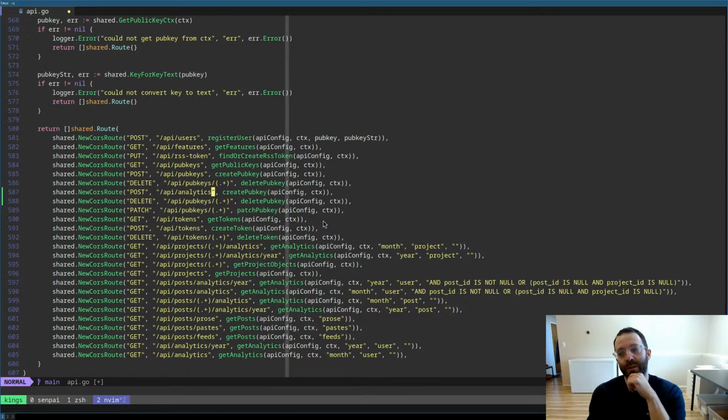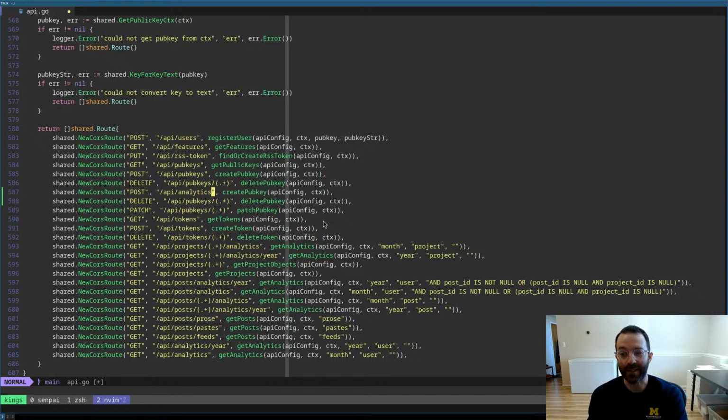Well, this is interesting because feature flags are a generic concept. They're not specific to analytics. So we could create an API endpoint for feature flags, being able to create and delete feature flags. I like that idea because it's a little more abstract. And if we add more feature types in the future, we can leverage the same API endpoints that we're creating for analytics. The downside is we need to gate